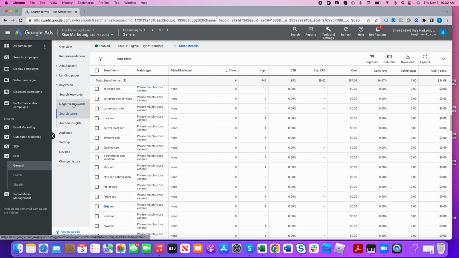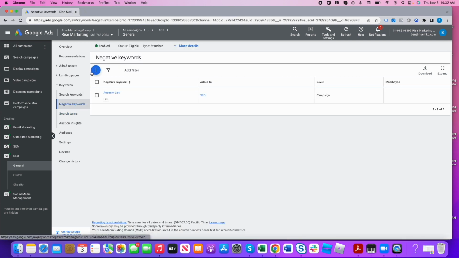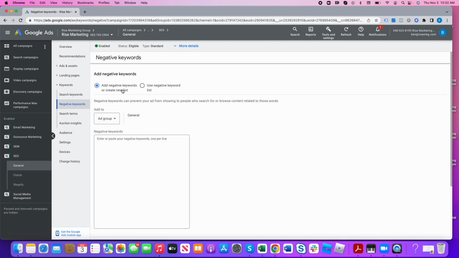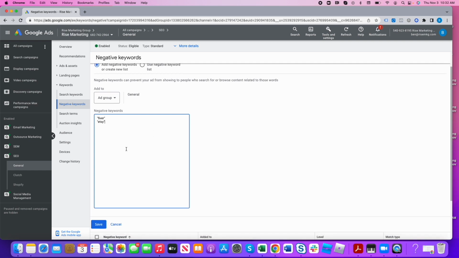What you can do within this campaign or ad group is say, I want to negate Fiverr. I also want to negate Etsy. And I put this in parentheses, and instead of targeting these keywords, it will negatively target them. So we won't show for Etsy, we're not going to show for Fiverr, anything like that. And for this ad group, or you can do it at the campaign level. Further,